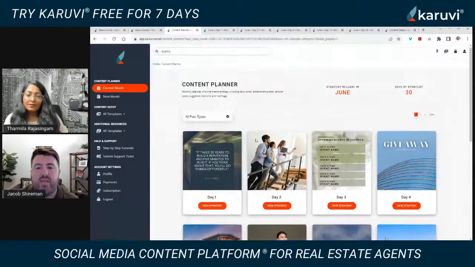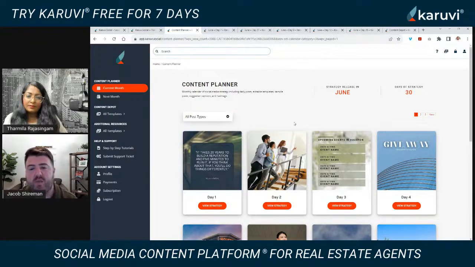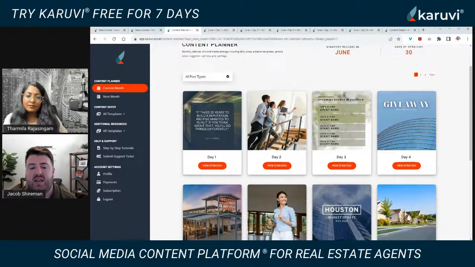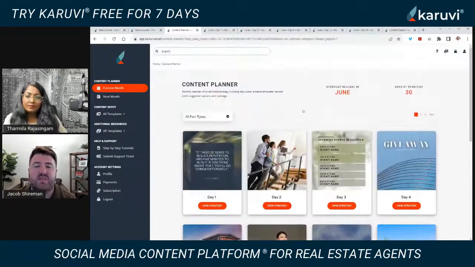And all of our planner, we have customized into 2 types of post types. We have editable templates, and then we have what we call a DIY, where you provide your own media, whether it's a video or a photograph or anything that post requires. One thing I love about this feed is that you can see what your feed is going to look like. That is a great visual aspect, because sometimes we don't think about the posts that we're posting next to each other, and then you get a lot of the same type of post. So we put a lot of thought into how your feed is going to look.